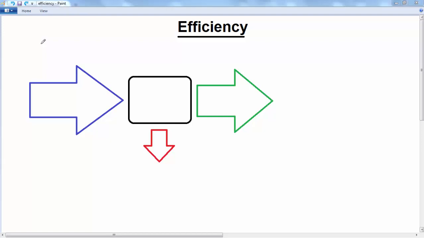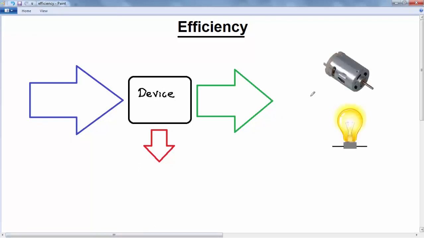In this lesson, we're going to talk about efficiency. And when we talk about efficiency, we mean in terms of some type of device that has a particular job or function to do. Okay, so we've got some sort of device. Now that device could be a whole number of different things. For example, it might be an electric motor or it might be a light bulb. And there are simply hundreds and thousands of different devices out there which we could possibly choose as an illustration, but these have got particular jobs or functions, and the efficiency really is a measure of how well that device